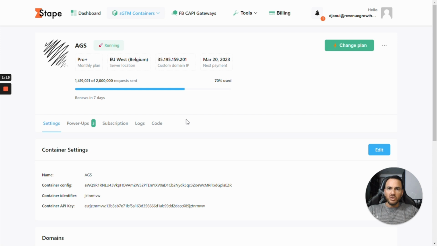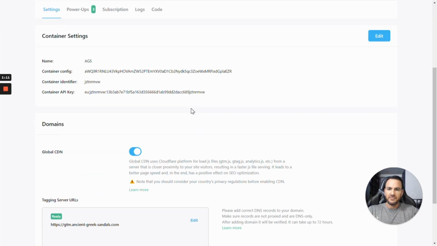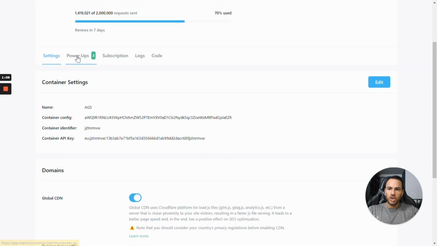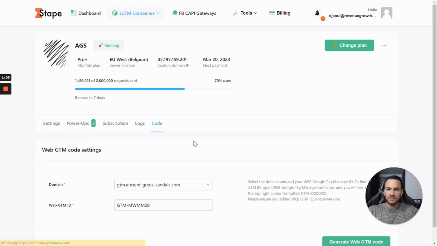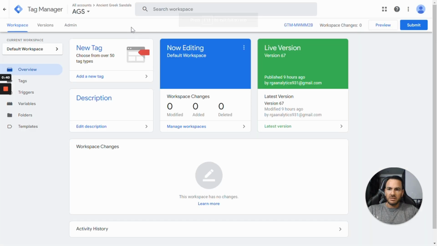In the next step, you will now need to paste the tracking code within your web pages. To find the tracking codes, you will need to click on Power-Ups and then Custom Loader. You will then need to fill in the domain name, the subdomain name you chose, along with the web GTM ID. The GTM ID can be found in Google Tag Manager